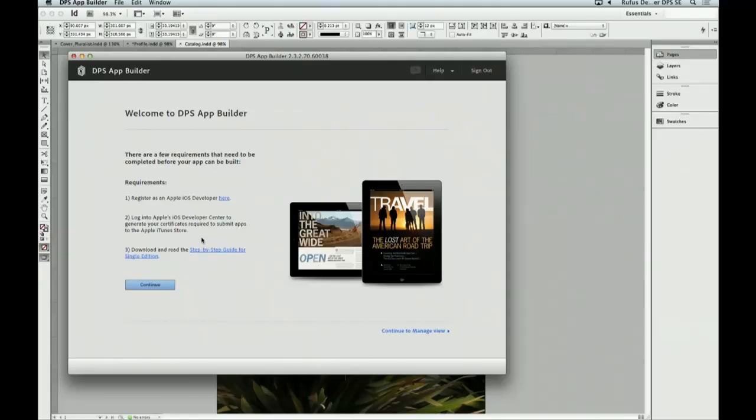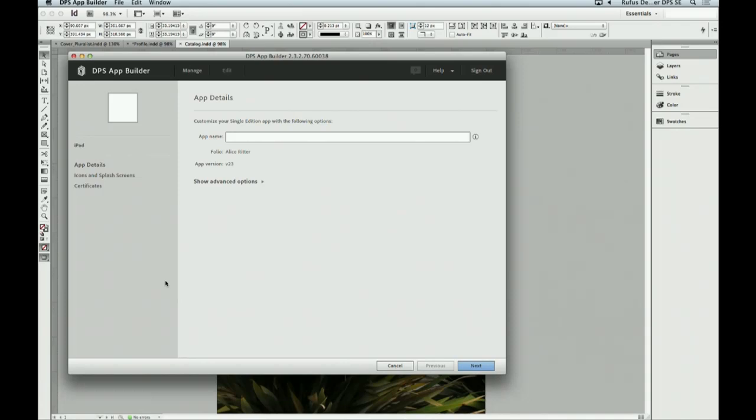So of course, it still tells you have to register as an iOS developer to create the certificates. You have to log into the iOS Developer Center. You can, again, here download the step-by-step guide to single edition, which is very important. I recommend you all read it at least once. And let's continue. Now, what it